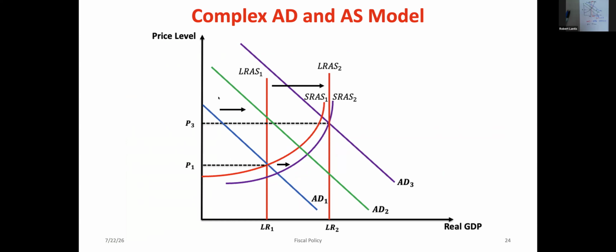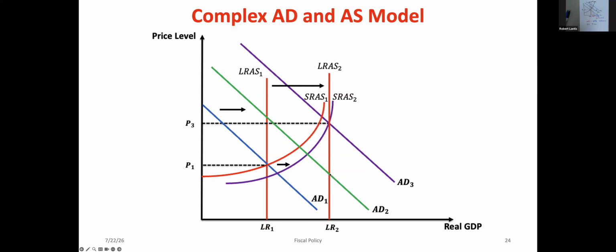So here I said, okay, what if we have that long run aggregate supply increase, but at the same time we see this simultaneous shift in aggregate demand? Right? Well, if the short run aggregate supply shifts the same amount as long run aggregate supply,